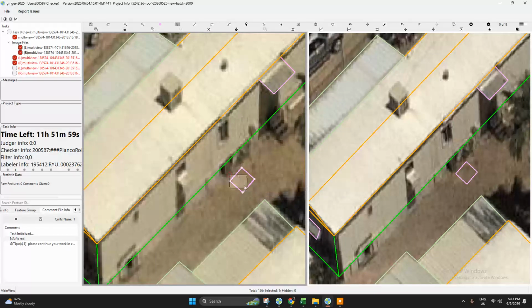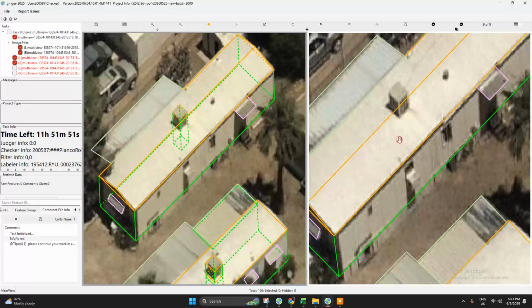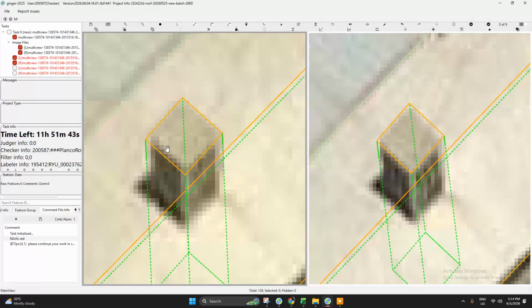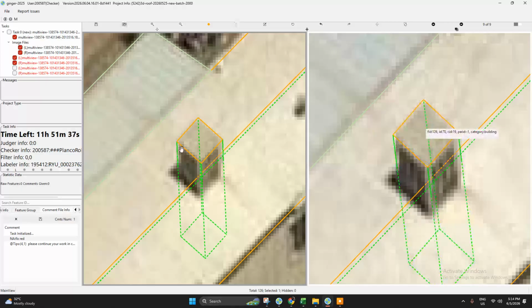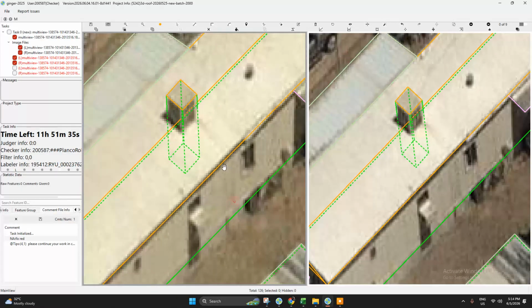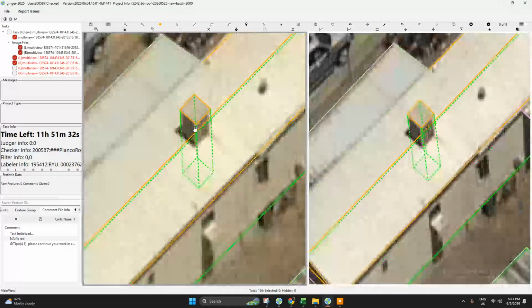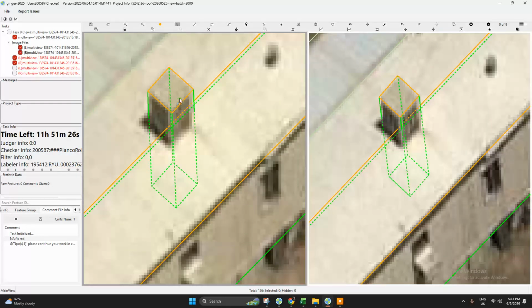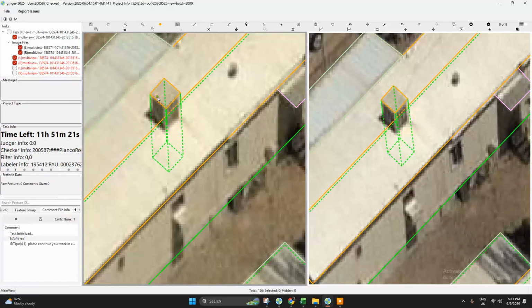Change to building, drag the wall. Drag it there, switch to the other view, then switch to the right view and just drag it to its proper location. So, minor adjustments. And lastly, we need to follow the length of our main building's wall. For that, just click the chimney or the building that you want the wall to be adjusted, and then click on your target building that you want to follow.